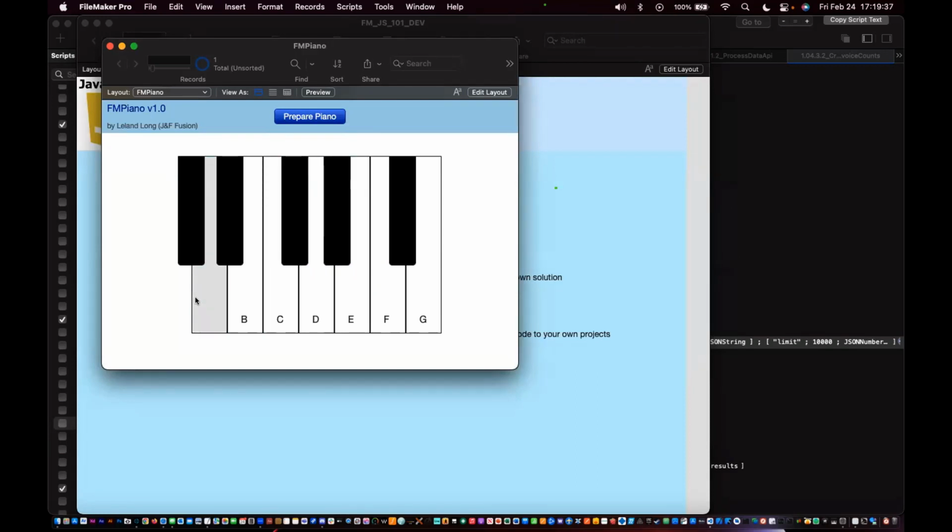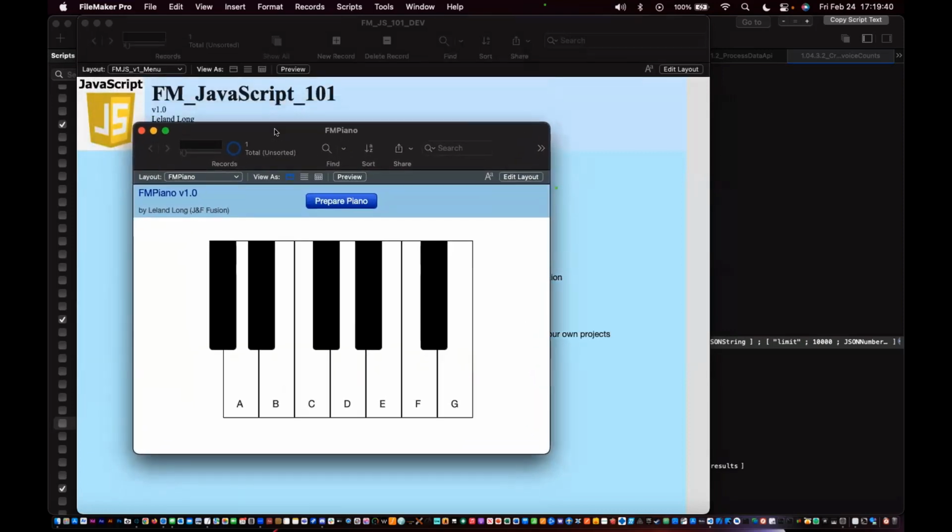I bet you I'm the only guy that has made FM piano. Okay. Yeah, it's a little loud. Sorry about that. I'm cringing a little bit, but I made an add-on based upon requests